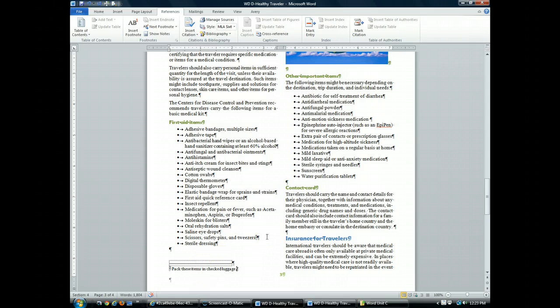I'm going to click at the end of the bullet that says medications taken on a regular basis at home. I'm going to click on Insert Footnote, and I'm going to type my footnote. All medications should be stored in carry-on luggage in their original containers with clear labels, period. Carry a duplicate supply in checked luggage,